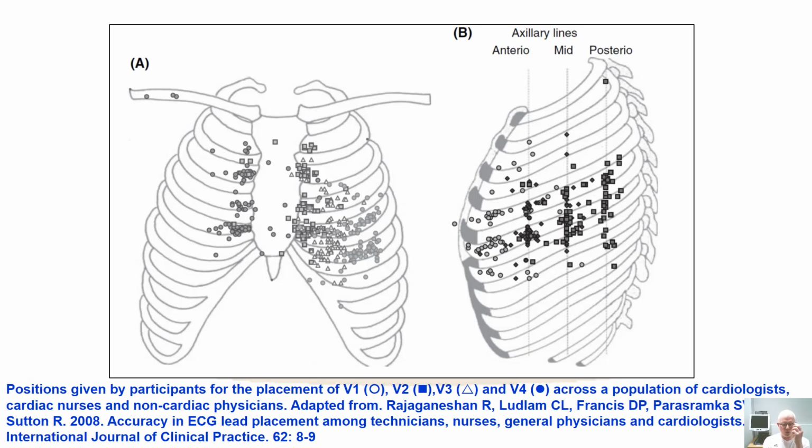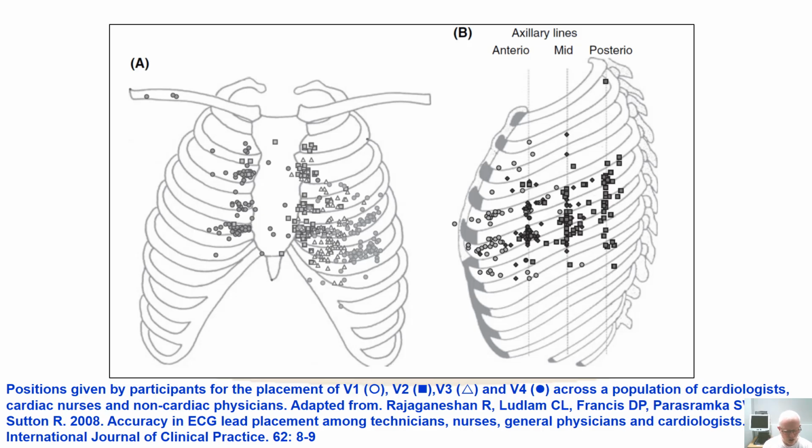To that end, one of the things that is fundamental to this is the placement of those electrodes that we're referring to, in other words, generating the 12-lead ECG trace using your 10 electrodes. Now, this is from a really neat study that was published not that long ago, looking at accuracy in ECG lead placement amongst technicians. So these are experienced people, nurses, general physicians, and